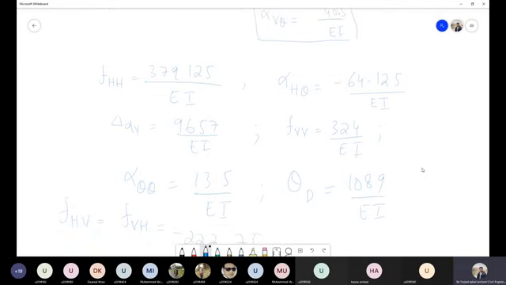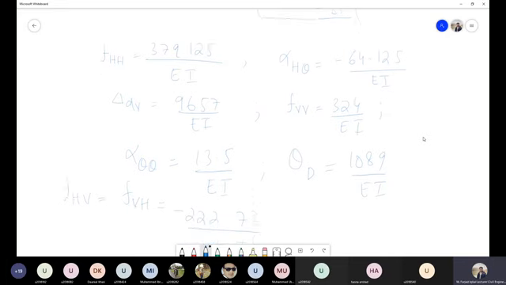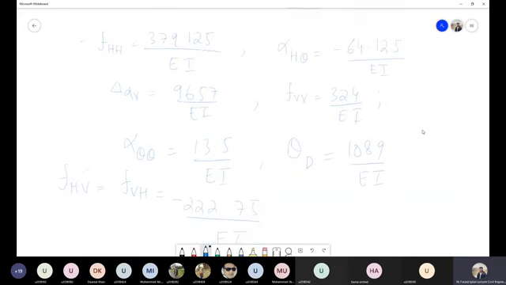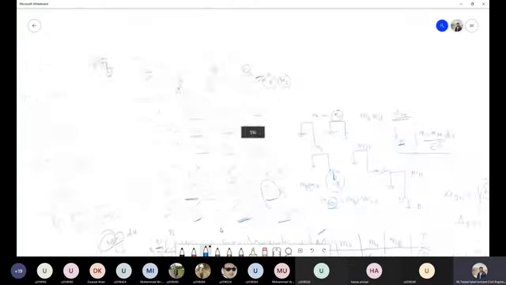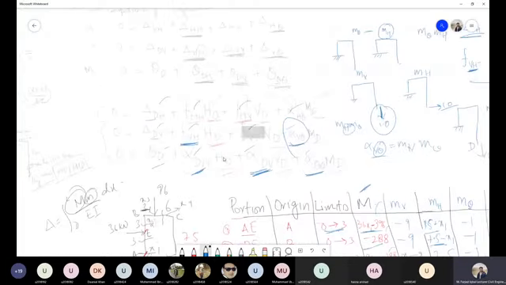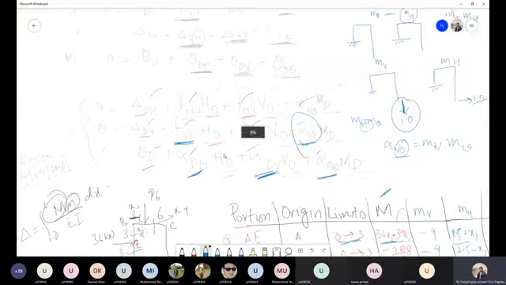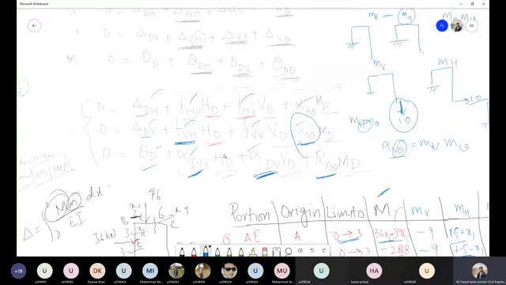Are we missing some? How much we have? 1, 2, 3, 4, 5, 6, 7, 8, 9, 10. We are missing some integrals. Alpha v theta is, okay, let's substitute, then we'll see. So we have all the unknowns that we need for this equation, and if I substitute them back into this one, my final equation will be,